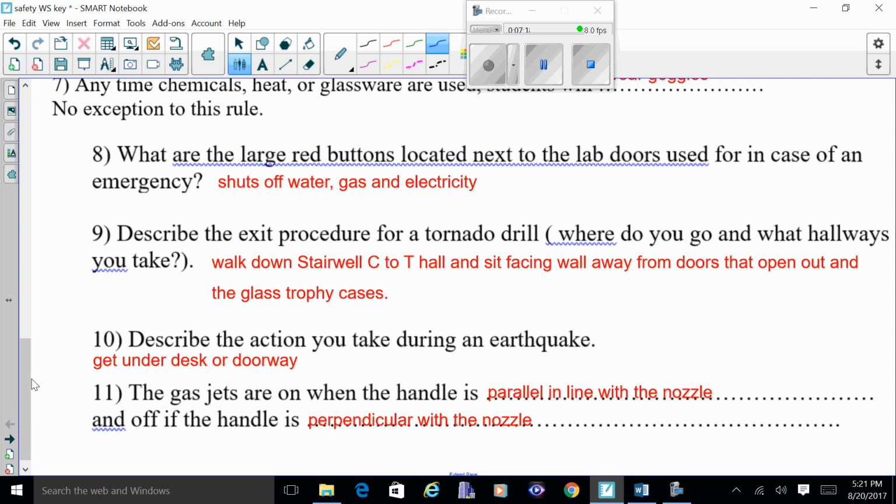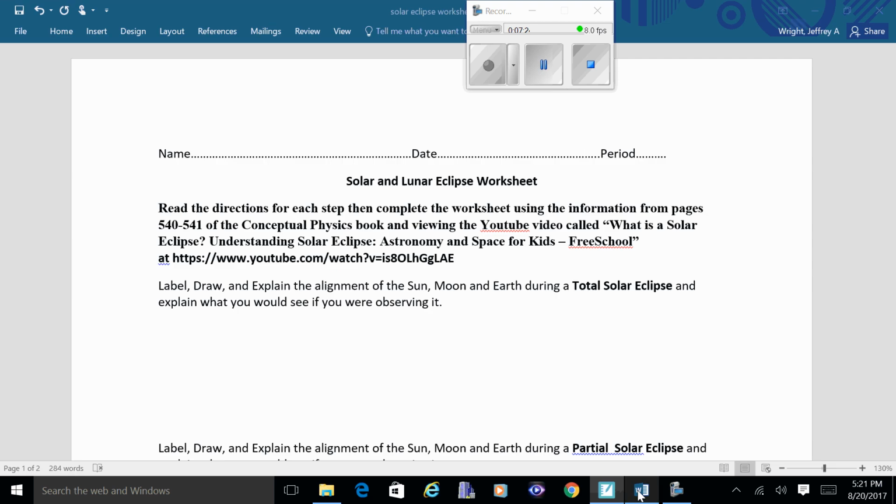And the next thing the substitute will do, will pass out this worksheet right here. It says Solar and Lunar Eclipse worksheet. And you're going to watch this video. It's a little bit elementary, but it works. And also, by using page 540 and 541 of your book, I want you to label, draw, and explain what a total solar eclipse is. That's what you're going to see,